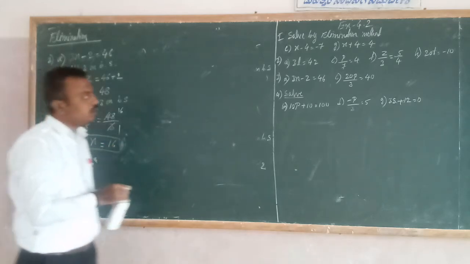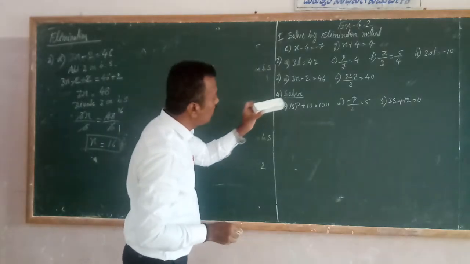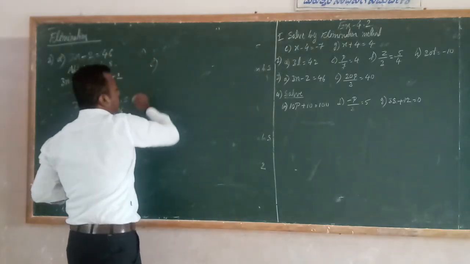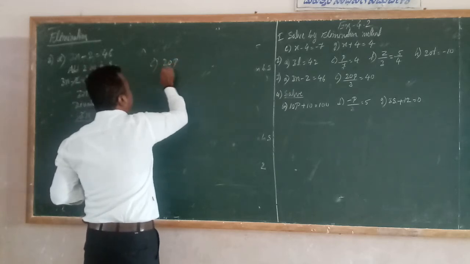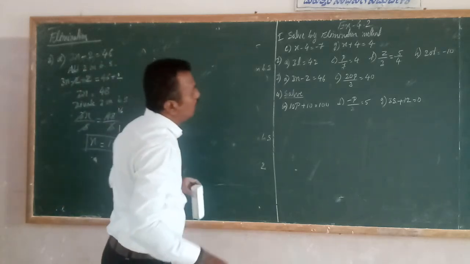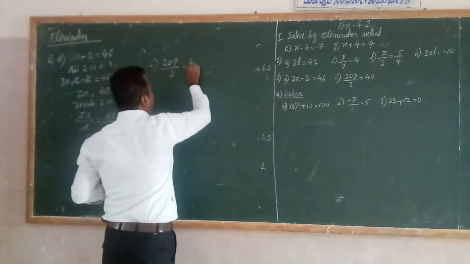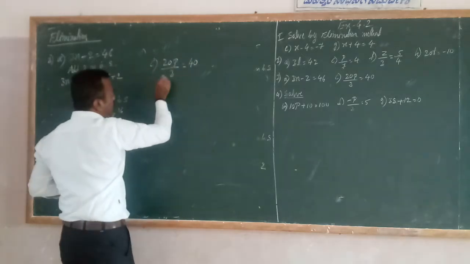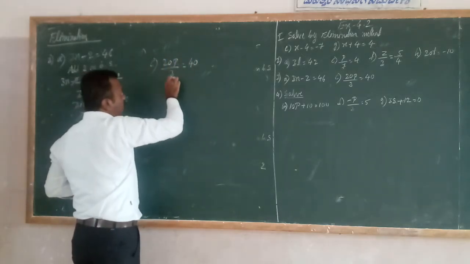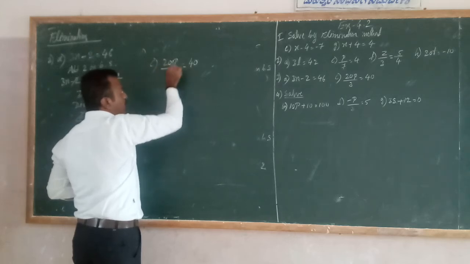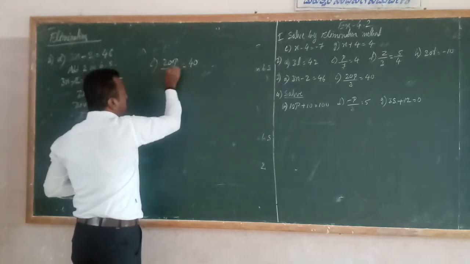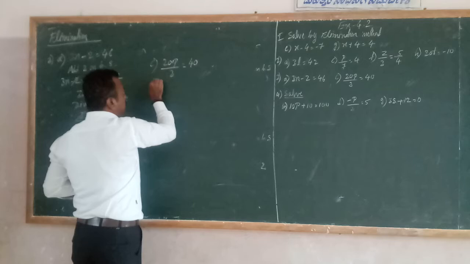Understood? So next students, question number C. What is the question number C? 20p by 3 is equal to 40. Here, in between 20p by 3, there is multiplication and there is division. First we have to do the division. Understood? That's why, since division is there, we have to do multiplication first. So multiply